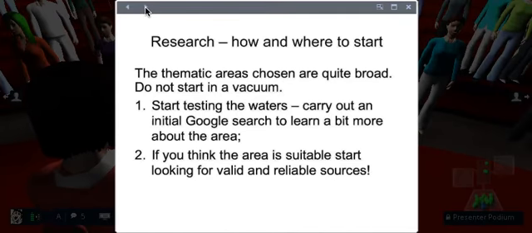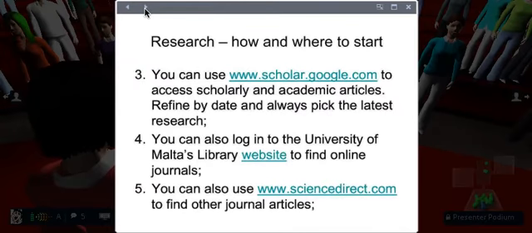So first start with Google, and then you start looking for valid and reliable sources. What are valid and reliable sources? In academia, such valid and reliable sources are in fact what we call peer-reviewed journals. At this point in time, you have seen a number of blogs as well. And some of the blogs that I link you with are blogs from distinguished professors, and therefore are quoted as reliable sources.